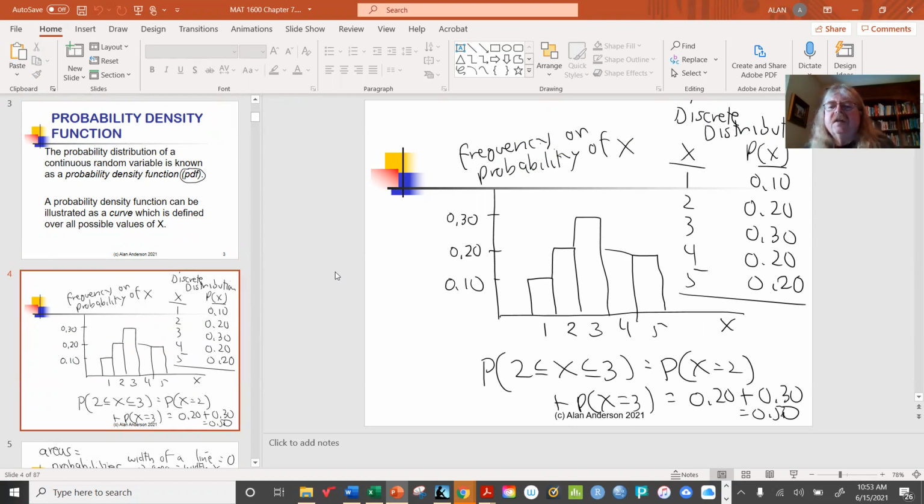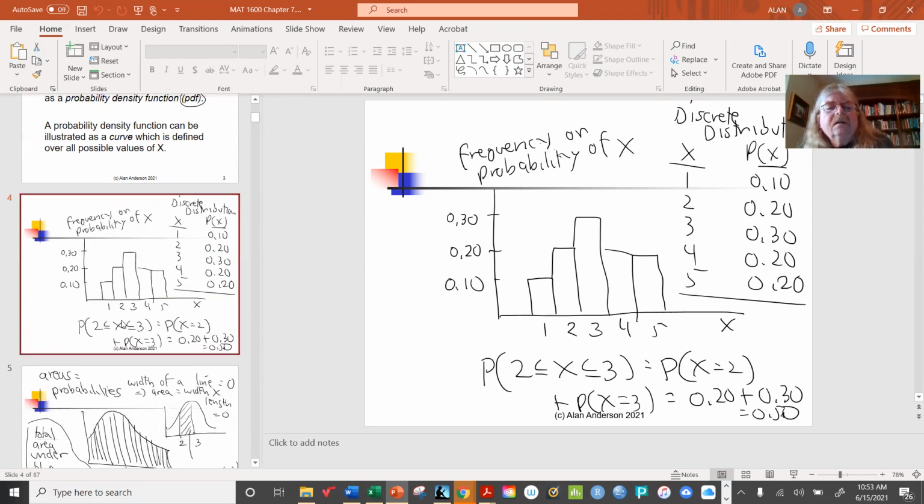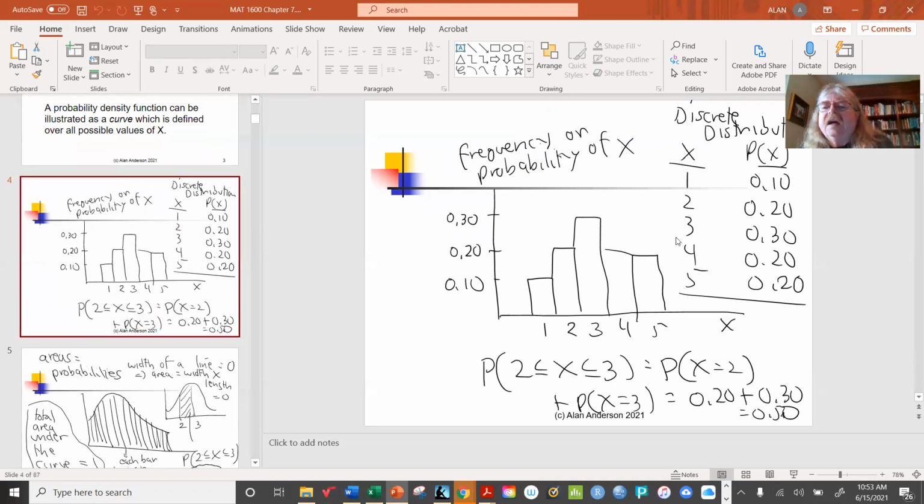Imagine the following situation. I've got some kind of a random variable where I've got 5 possible values for X. These are the probabilities. And of course, the height of each bar represents that probability. Now, X is discrete because there's only a finite number of possibilities. So what we would have to visualize